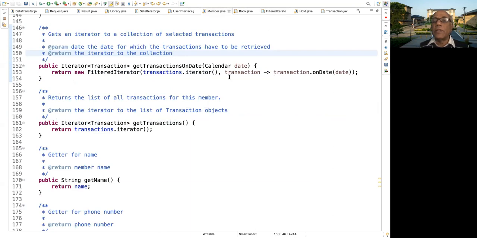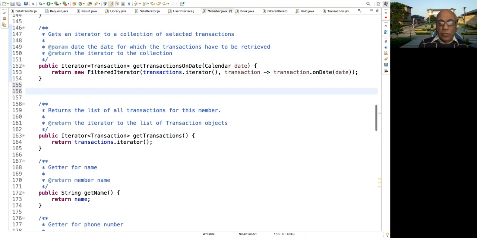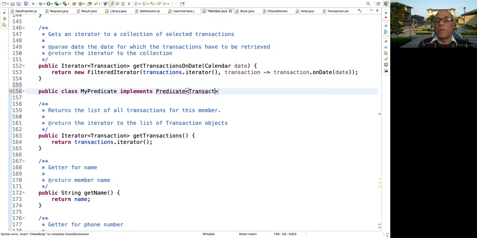Well, we wrote essentially this: transactions dot on date, date. What this means is something to the following effect. We can write like this: public or private, doesn't matter actually, class MyPredicate implements Predicate<Transaction>,